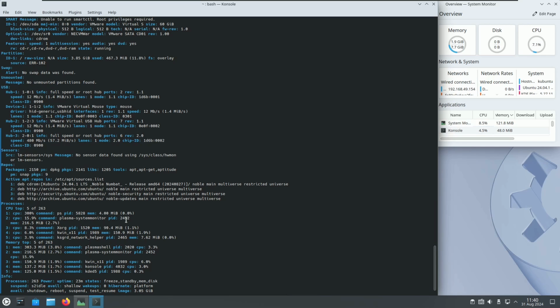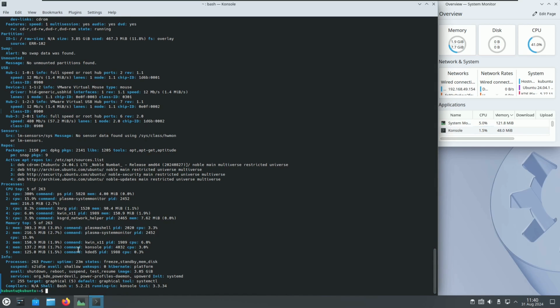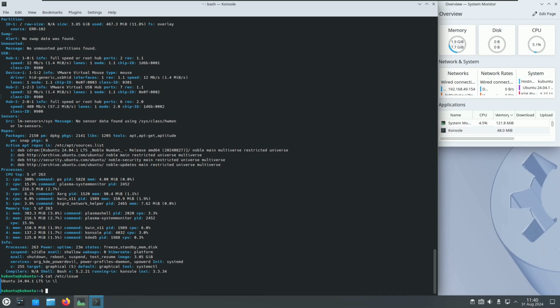Here is the repos. So let's scroll it down. The processes running right now are 263, uptime is almost 23 minutes. And what else we have here? System. So init systemd version is 255 and shell bash version is 5.2.21. inxi version is 3.3.34. So I'm going to type in cat /etc/issue. Hit enter. So it says Ubuntu